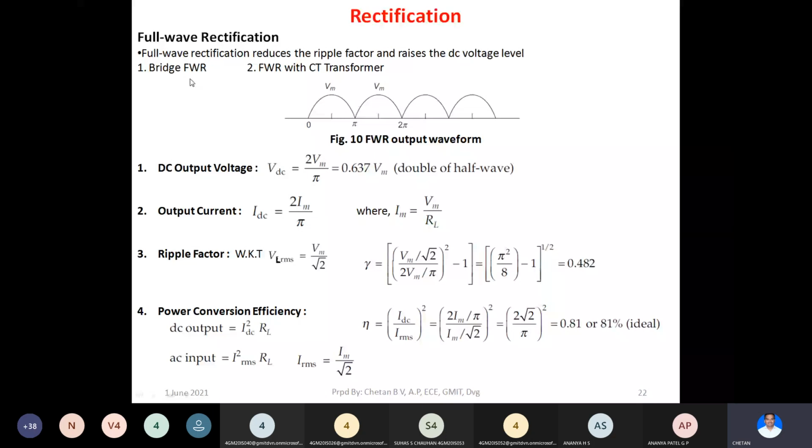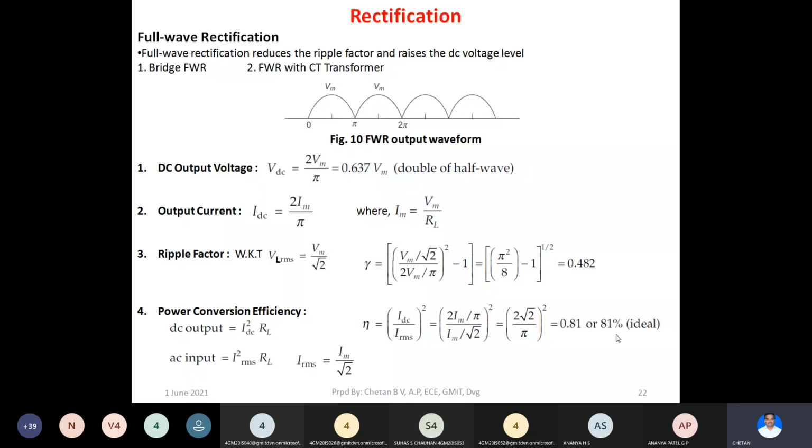In the exam or in the internals, you may expect questions like find out the ripple factor for full wave rectifier. It means you have to do this derivation and find out the value of ripple factor for full wave rectifier, right? Similarly, you may get a question like derive power conversion efficiency for full wave rectifier, or show that power conversion efficiency for full wave rectifier is around 81%. So you have to do this derivation, and you have to find out the value of efficiency as 81% to give justification for the questions.